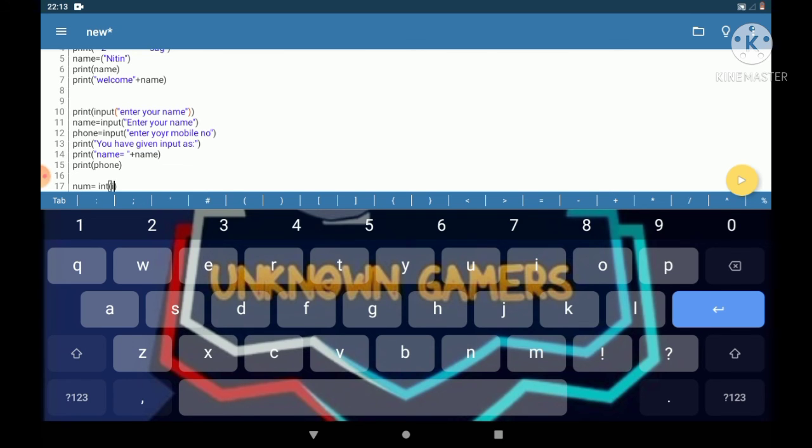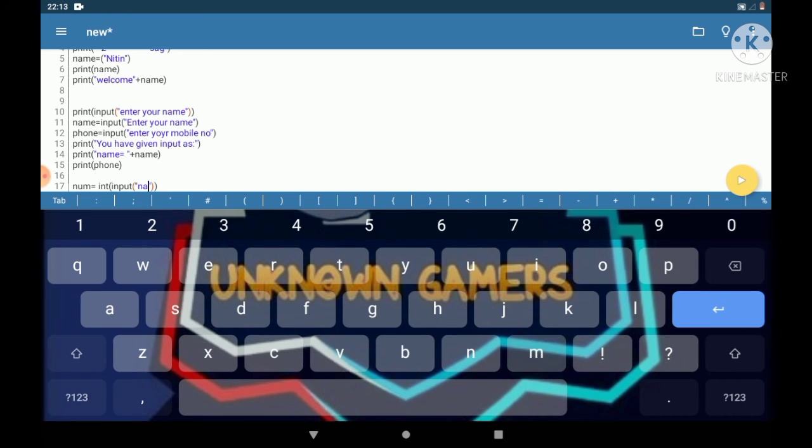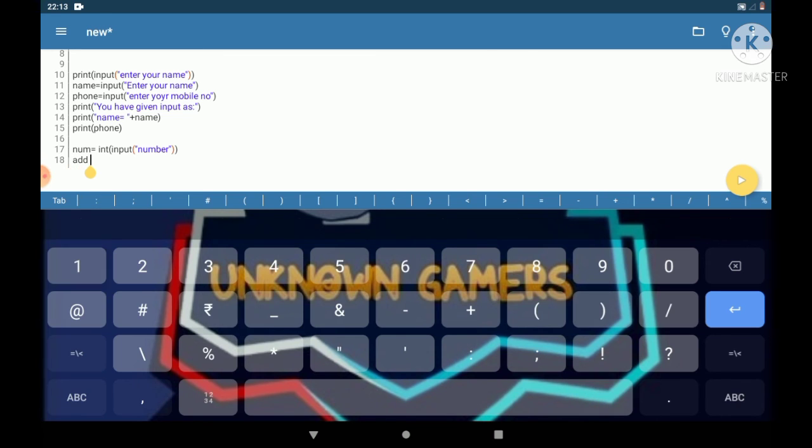Now we will be taking input, because we have used int, so we have to use the input function for a number, because we are taking a number. Okay, now we will be adding to that number.